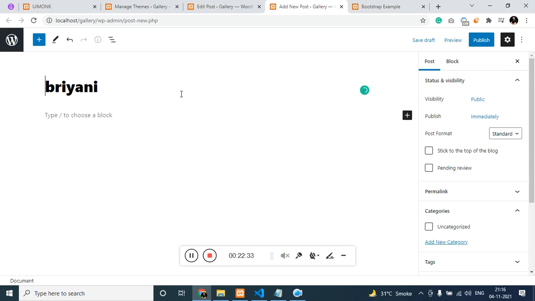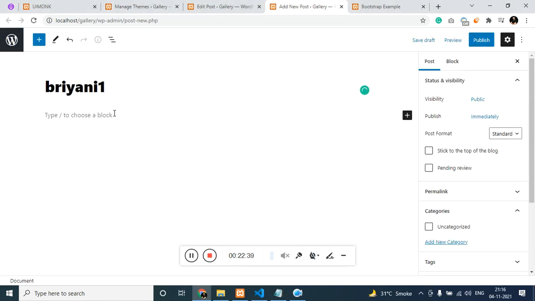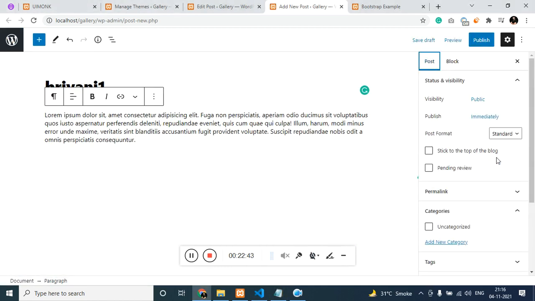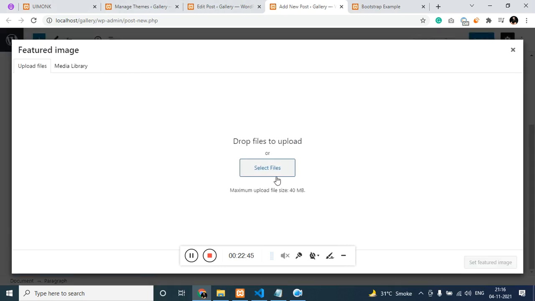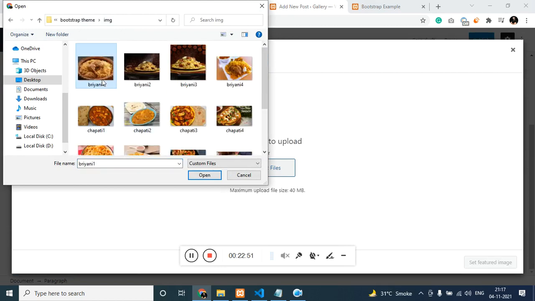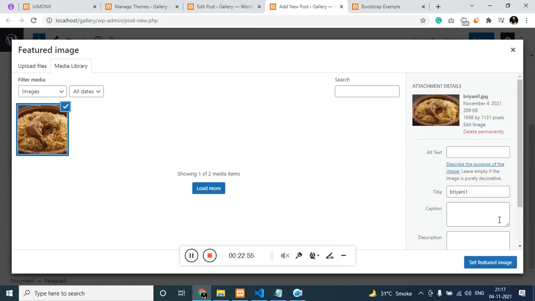This is the first one, and the content. Add the featured image. I'll leave this theme in the description so that you can follow along with me. This is the first image.